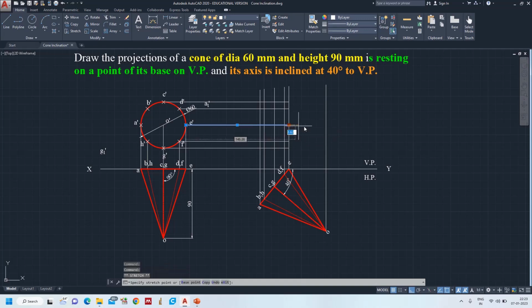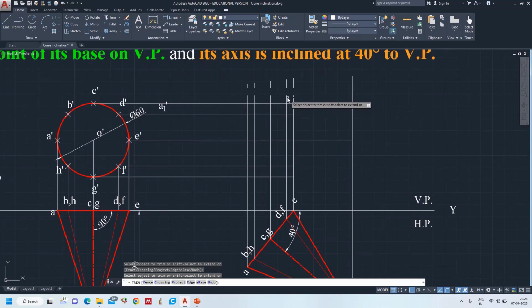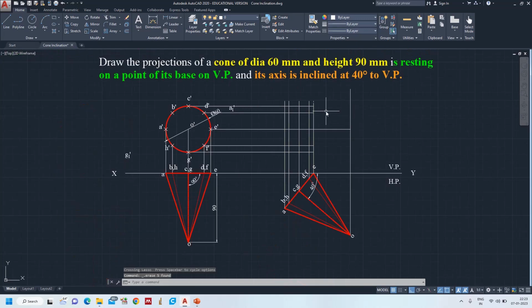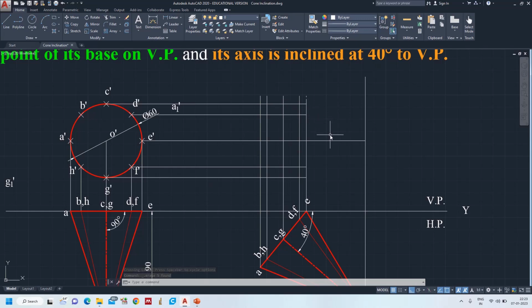This one up. Right now I am trimming the bush. Okay. Now